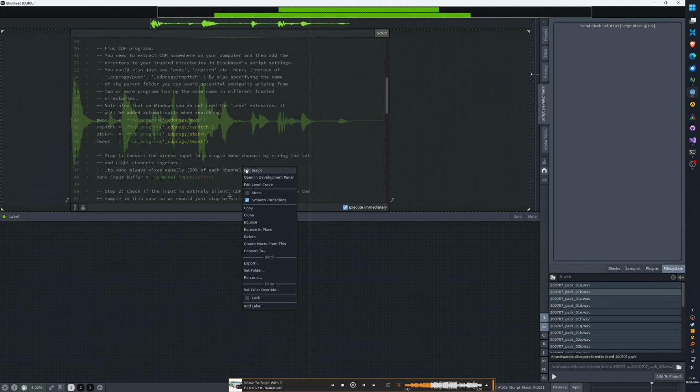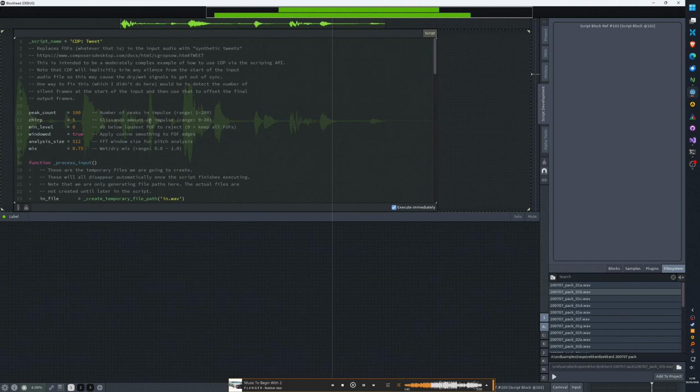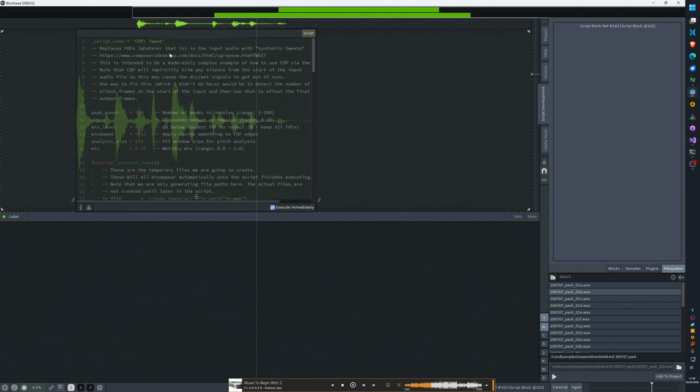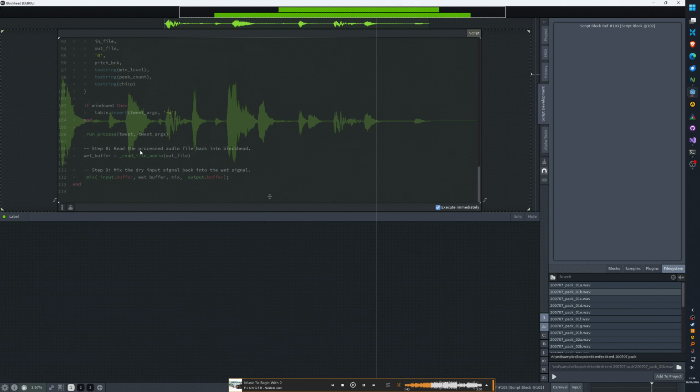I didn't know that CDP did that when I originally wrote this, so I just wrote a comment up there explaining what's happening. But one way to fix that is to detect the amount of silence at the beginning of the input buffer and then apply that as an offset into the output buffer. So for example, if we just guess the amount of silence in frames at the beginning of the input buffer is,